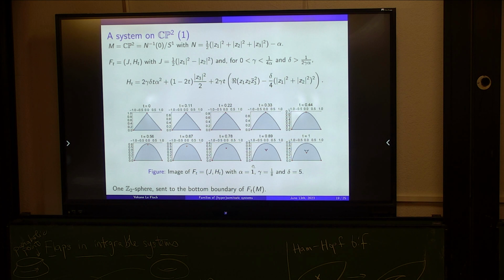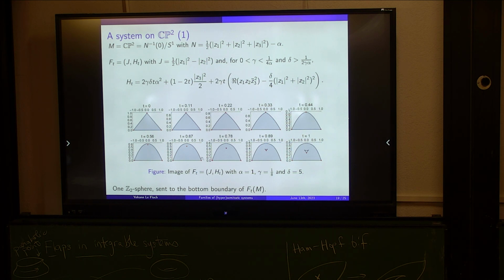So, sorry, one question. You need these two parameters, gamma and delta, because you want to control the two phenomena. So like, yes, push the point inside and make the point become like a focus-focus. So it's very interesting actually. If you don't have delta, I mean, okay, I will explain it right now.